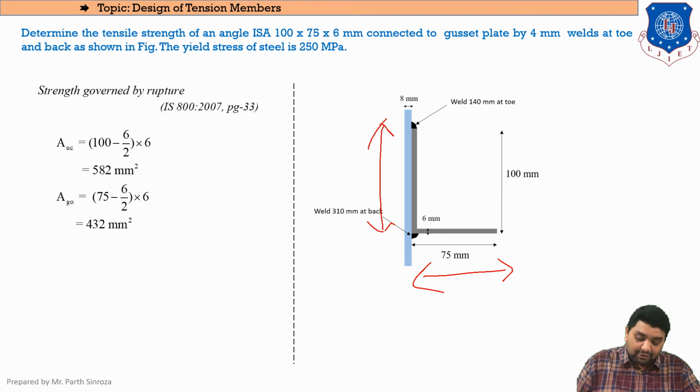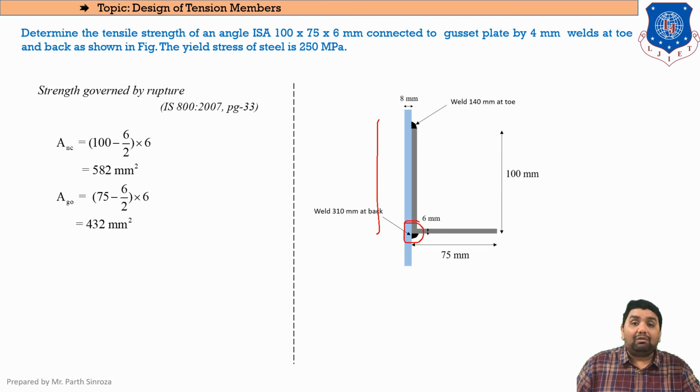So ANC, that is the total length. The total length was 100, as we have seen in the previous session, where this part is overlapping in both the sections, that is the longer connection and the shorter connection. So we will always be taking the length up to the diagonal. We will be deducting half of the thickness, so this bracket part will be our length and this will be our thickness. So length into thickness gives our area.